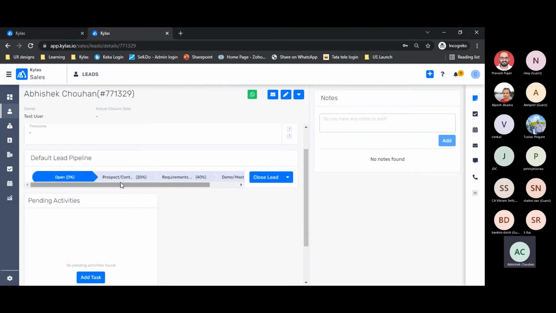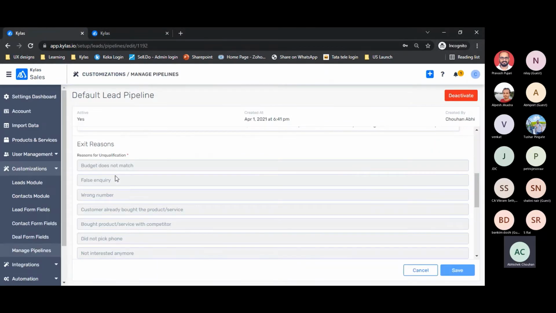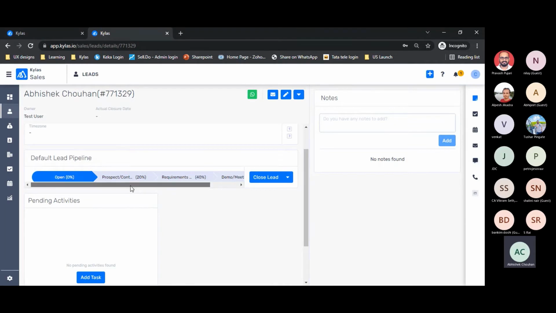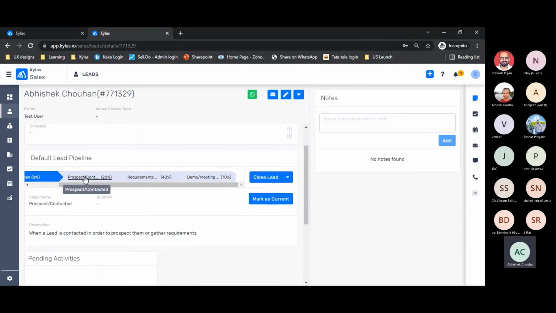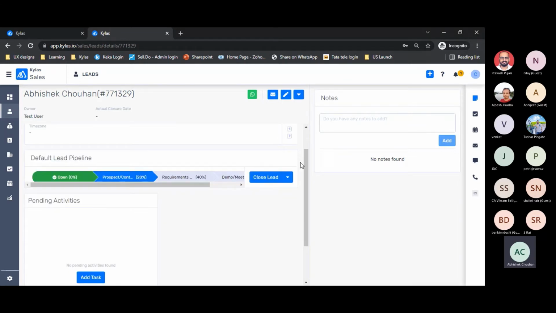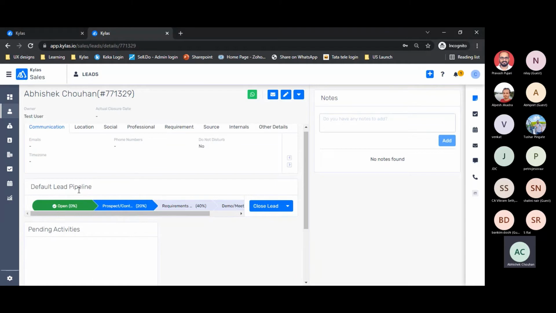Whatever stages were there in the pipeline, as you can see, there are many stages like open, prospected, contacted, requirement gathered, then demo, meeting conducted. You can see all those stages over here. Okay, and I can click on any of the stages and mark it as current. So imagine I am a sales executive. This pipeline has been assigned to one of the leads that I am working on, right? So what I will do is,